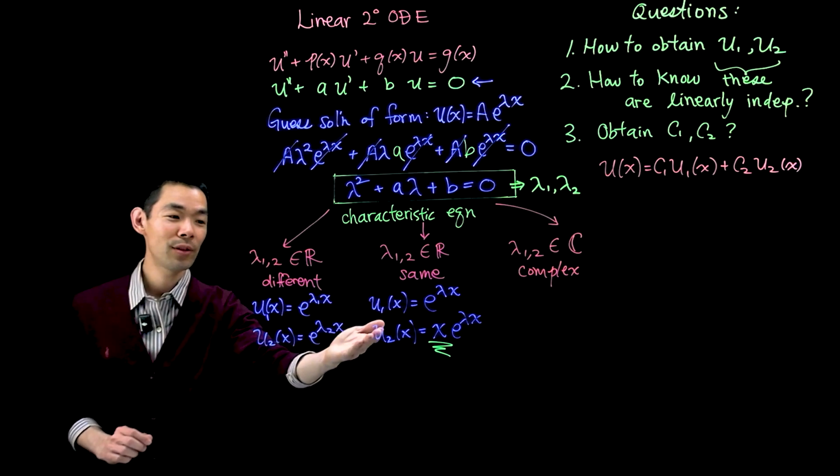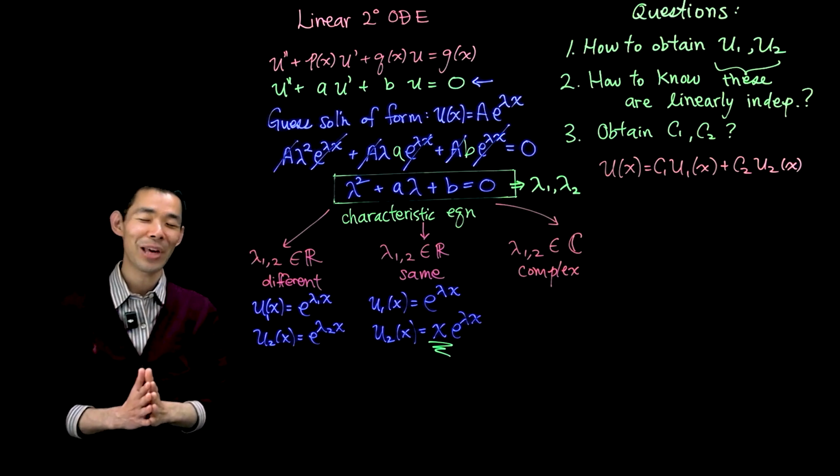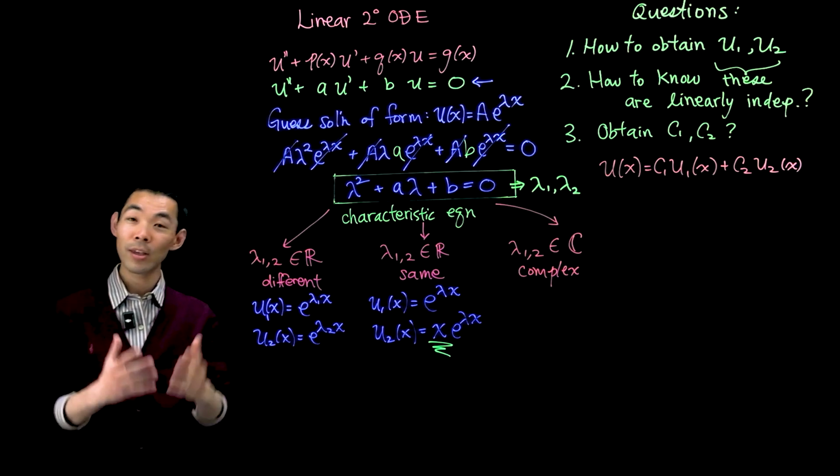Now, u1 and u2 are given by these two solutions. Again, question number 1, check. All right, so the last case, when lambda 1 and lambda 2 are complex numbers, right, you know that a